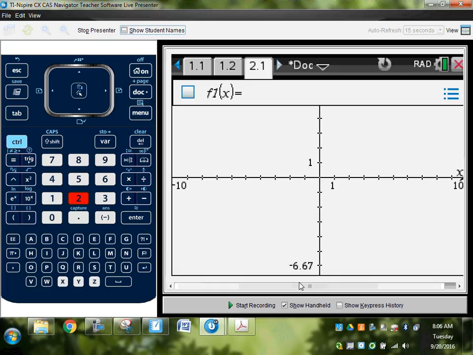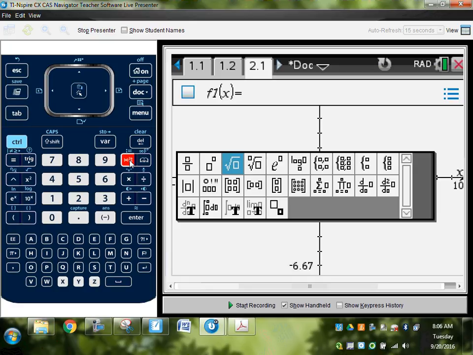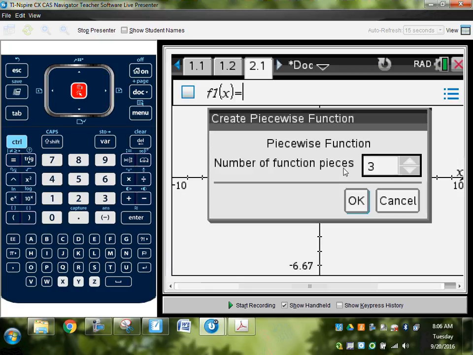Then you're going to go into, so as long as you're here, you're going to go into this template button, which is right there. So press that. The piecewise function, we're going to say it looks like is this one here, so we can enter multiple pieces, not just 2. So how many pieces does our piecewise function have? 4. So go in and hit 4